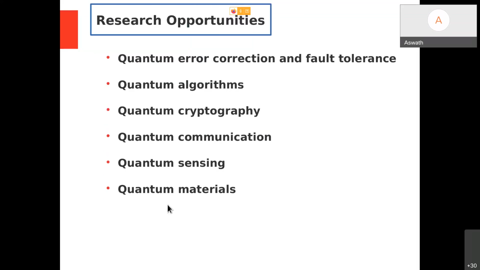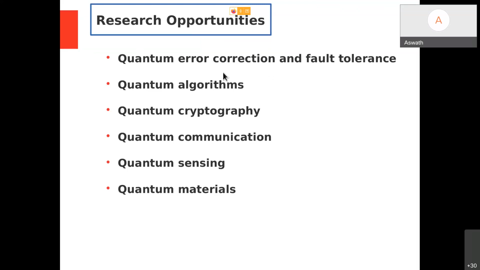If I have to give research opportunities for computer science or electronics areas, one would be quantum error correction. Means when you take a hardware and do some kind of quantum processing, there are always errors. So right now, what we have is what people call noisy intermediate-scale quantum computers at the moment. Full-fledged error-free quantum computers we don't have as of now. So one could work in that area. So fault-tolerant quantum computing could be an area where people can